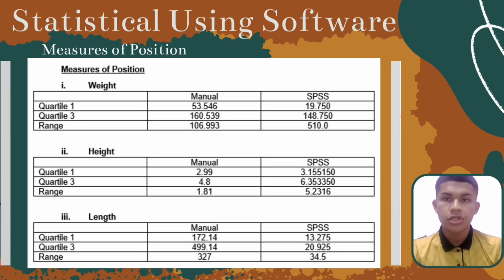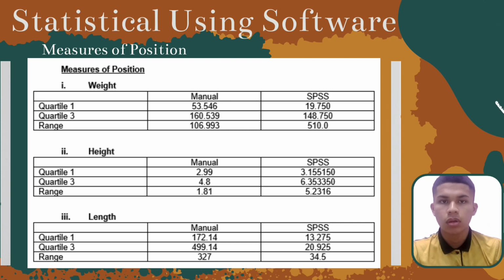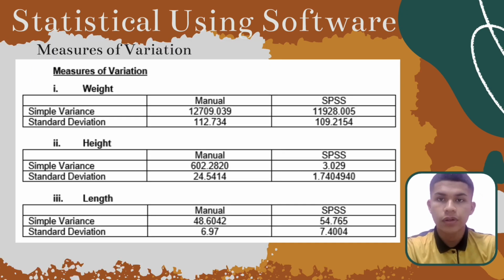Next is measure of position. The result of SPSS for quartile and range is not the same as manual. Using manual calculation, we can see a large difference in the numbers from SPSS. Measure of variation. The same thing happens to SD and variance, giving different results because SPSS cannot